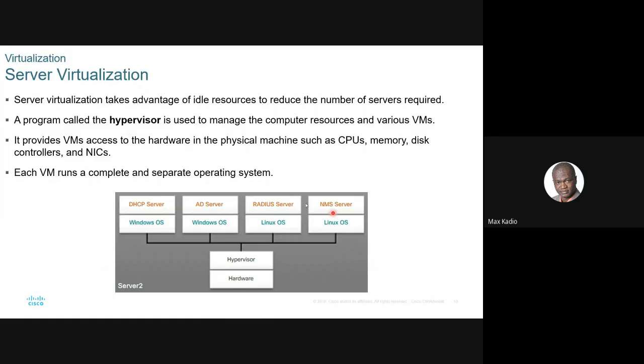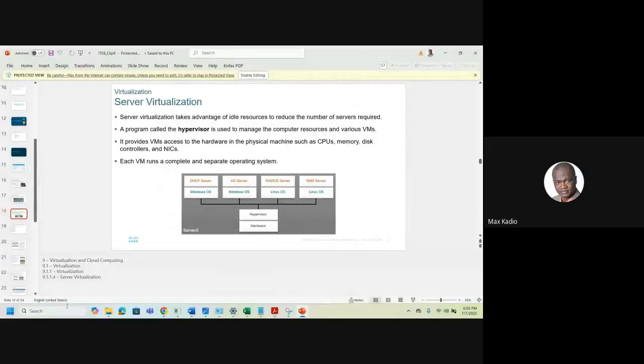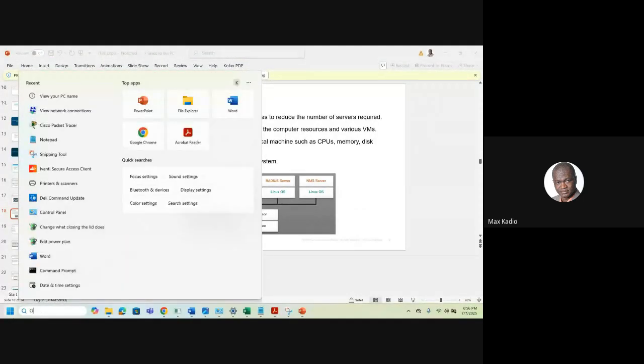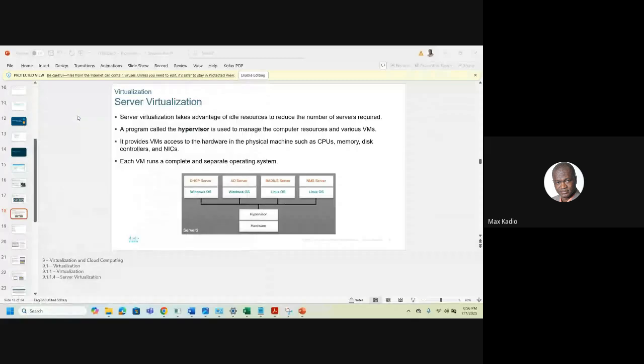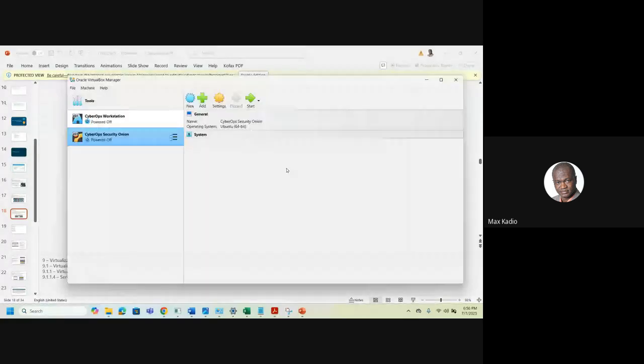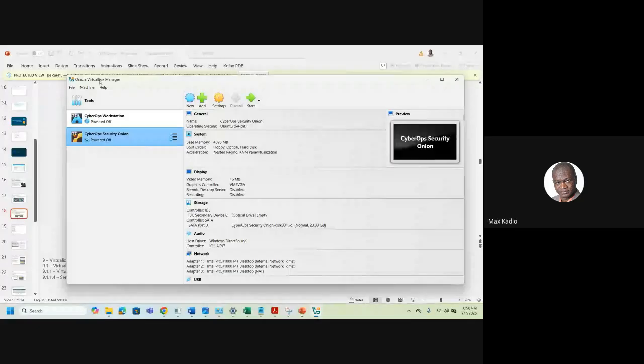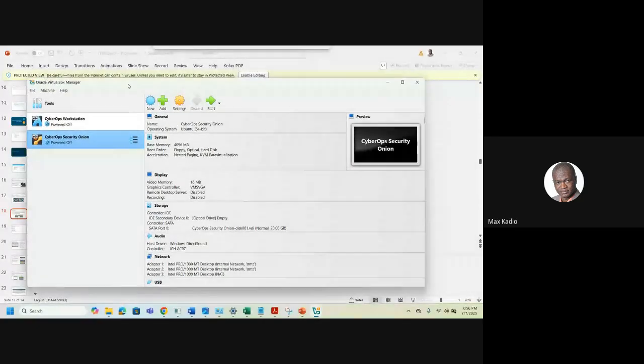You have your normal PC, you download a software called a hypervisor, and it will allow you to create different PCs where you can install different operating systems. So I'm going to show you one. I don't know if I still have it here. Oracle. This is a kind of hypervisor. I have my physical laptop and I install a software that will allow me to create different virtual PCs. We call it a hypervisor.